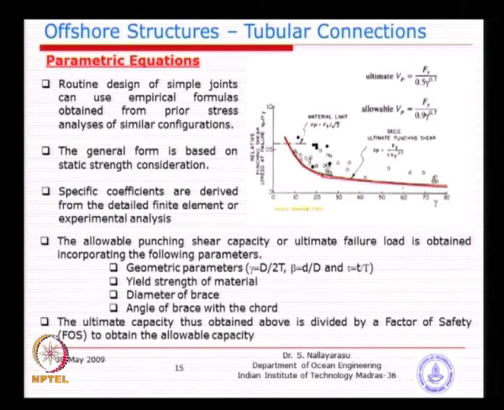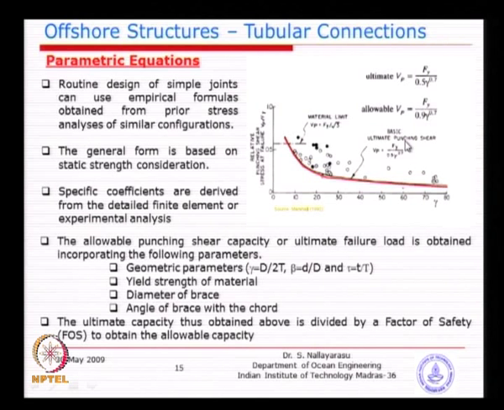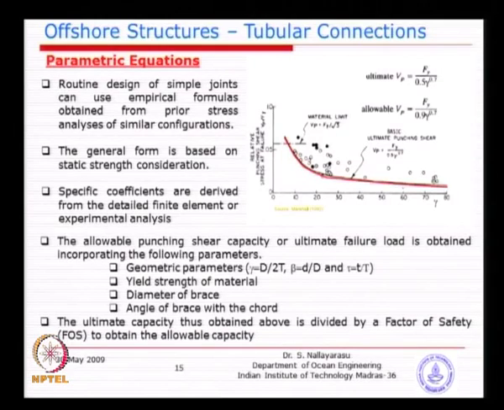Over a period of time, lots and lots of such publications have come. So API had a committee from 2001 to 2004, a committee of researchers put together, who collected all the study work from the 1970s until 2000, and they came up with a new design code. This is actually the old design code, which I am not going to speak about because it is becoming obsolete. We were using this method until 2002, but they found that it is not really conservative. So that is why the committee was set up to collect all the information from the recent past and come up with a new design equation, and that is what we are going to see.